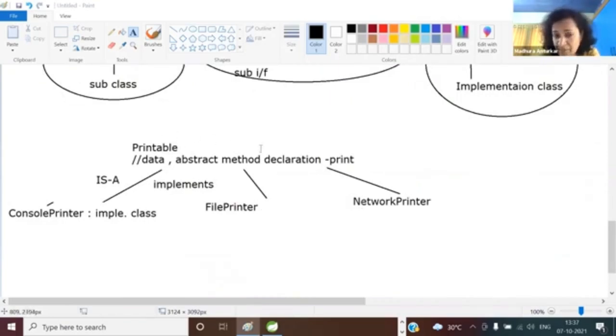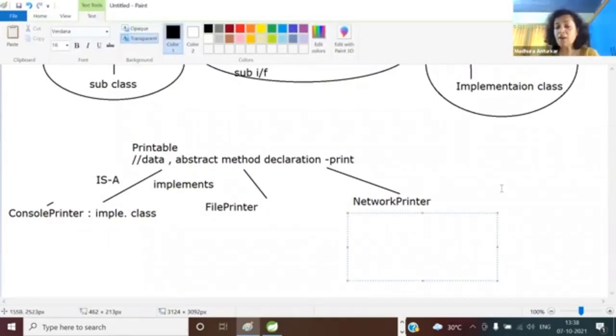It's an is-a relationship. But suppose, can I add additional functionality in the implementation class? The functionality it has to implement is the abstract functionality. But can I add additional functionality? Of course, yes. I'll take a realistic sounding example, but the actual one will not implement it. Here, network printer, if you open, see all three classes had to implement the print method. So of course, there is a print method. Okay, whatever implementation. In addition to that,